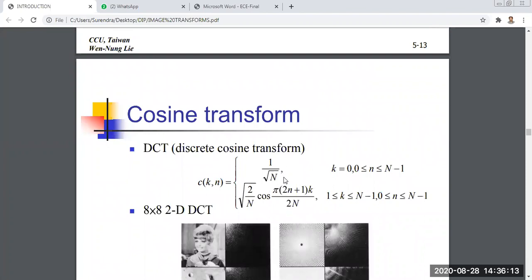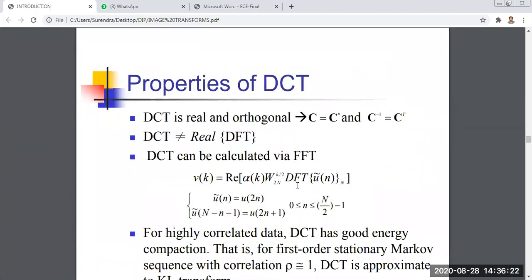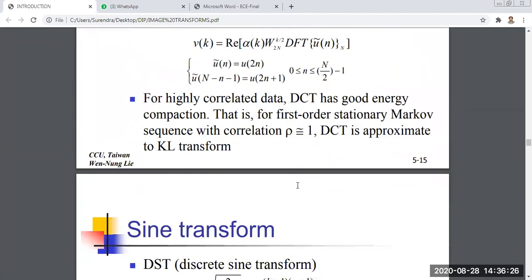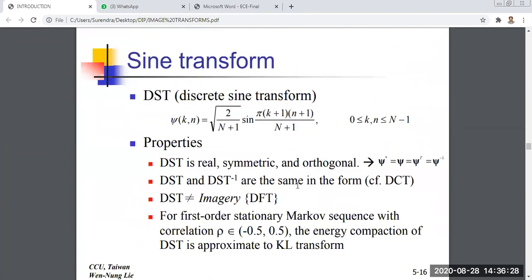With the help of this we can form a matrix. By using the matrix, if you multiply the matrix with the image, you will get either the discrete cosine transform or the discrete sine transform. So the sine transform expression is different, the cosine transform expression is different. So by using the expressions, we can calculate the matrix, with entries like cos theta, sin theta, minus sin theta and cos theta.